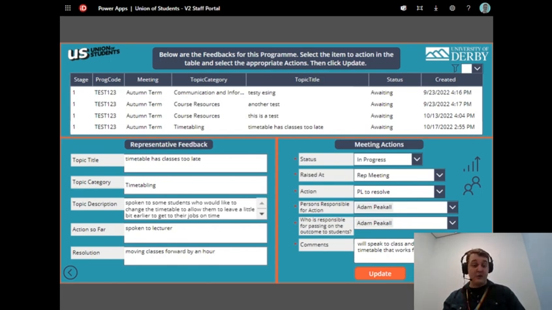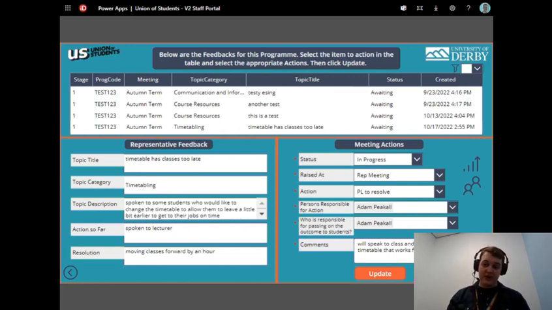And who is responsible for passing the outcome to students? Regarding feedback, once it's completed, it's nice to let the students who have passed you the information in the first place be informed. It's not good to just not inform them or let them know of any changes that are happening. You can do this easily. So the staff can select, for example, I've put myself in there. That's the rep me I've put in there. So I would get an email with the feedback, and then I can pass it on to students as the rep. The staff can also put themselves. They're allowed to pass on the feedback as well. It might be when it's timetables, they might want to pass on that feedback. Basically, anyone who is responsible for passing on feedback would put that in.